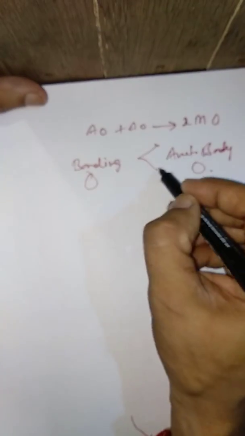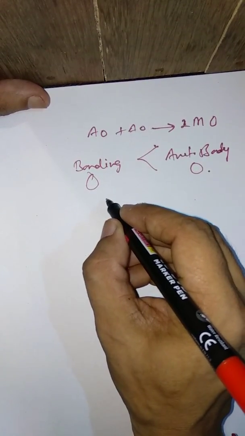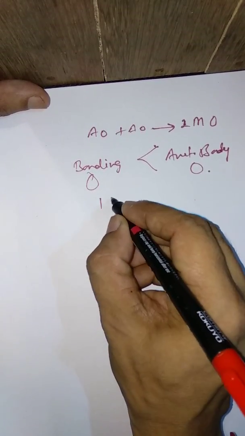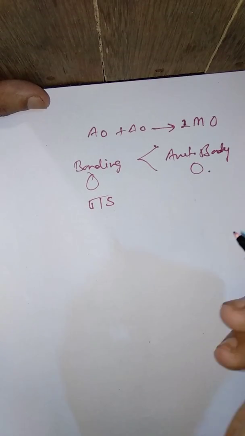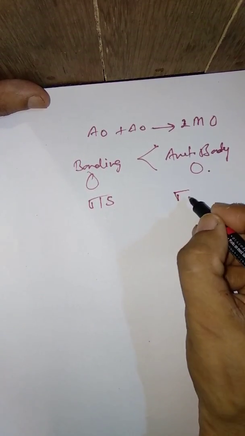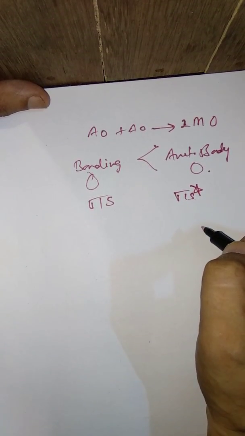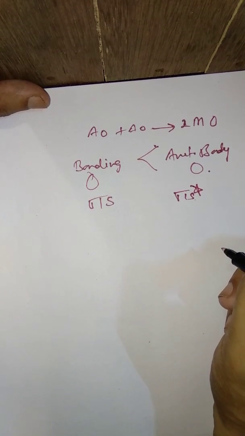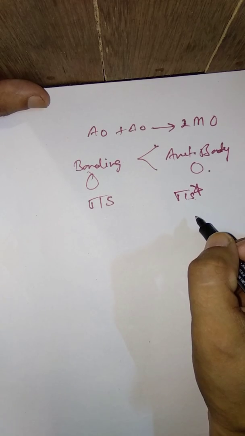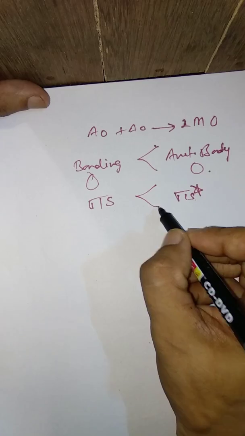Anti-bonding orbital always has higher energy, and they are written in a pattern. If we have a 1s orbital, the bonding orbital will be written as sigma 1s, and the anti-bonding orbital will always be written as sigma 1s star. I'm just taking a 1s orbital as an example. The s only defines the shape, and that one is just the energy level. So the anti-bonding orbital always has higher energy,